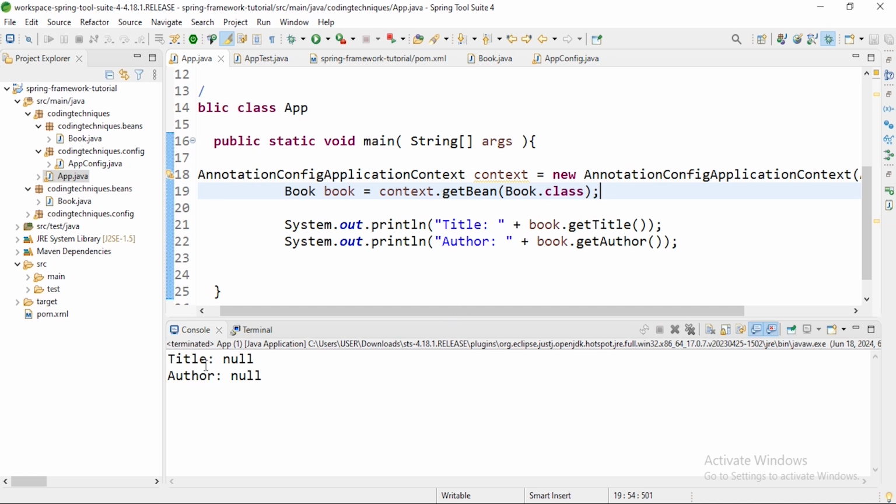Okay, you see for the title we have null, and we also have the author null, but we have one bean inside the Spring context. How to confirm this is that the fields are null. If it doesn't have it, it will throw an exception. Okay, this is how to add a bean to the Spring context using